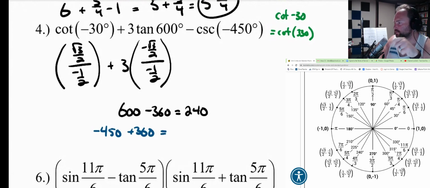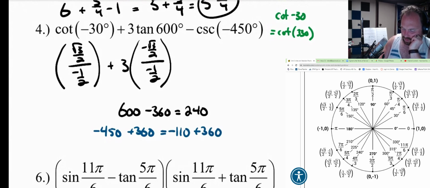The standard unit circle goes from 0 to 360. Anything that's outside of that range is a repeat. So we need to figure out what actual angle we're looking at here. Negative 450 plus 360 is going to leave us with negative 110. And if we add 360 again, in other words, spin around the circle one more time, we will land at,